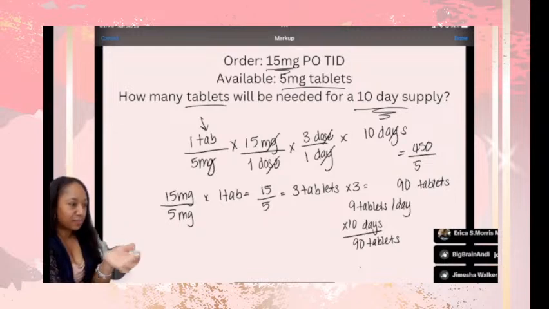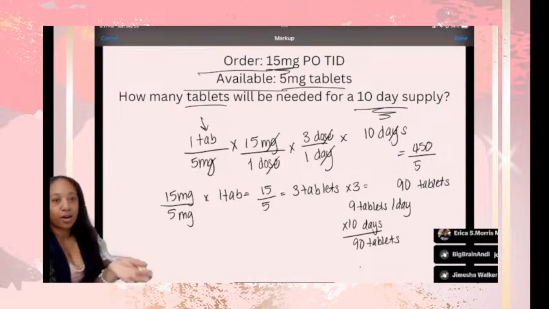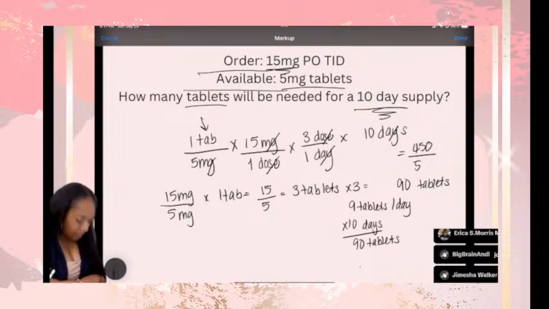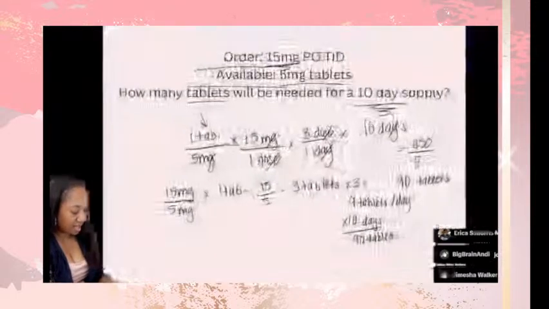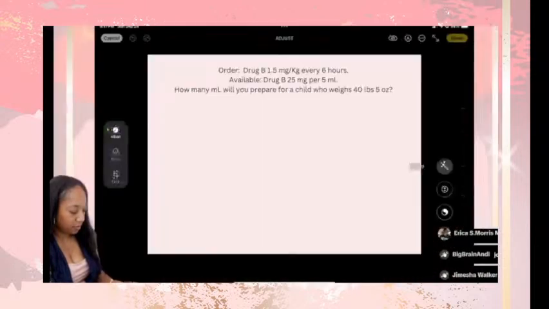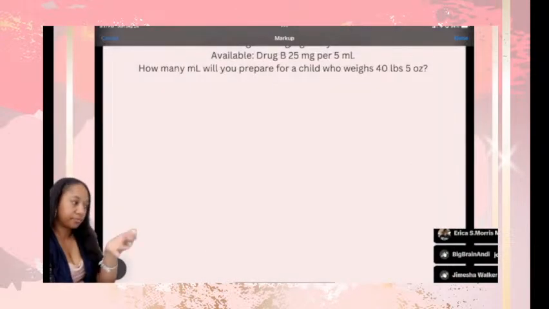Alright, Erica, so yeah, that's basically what desire over half is. What it is that they desire, which is ordered, what it is that you have right there, and then in what kind of vehicle or volume it is. Some people say vehicle, some people say volume, just whatever the mode of transportation that it's going to take. Alright, so that's that one. It was a little different, you know, but nevertheless, you can work it out. Okay,